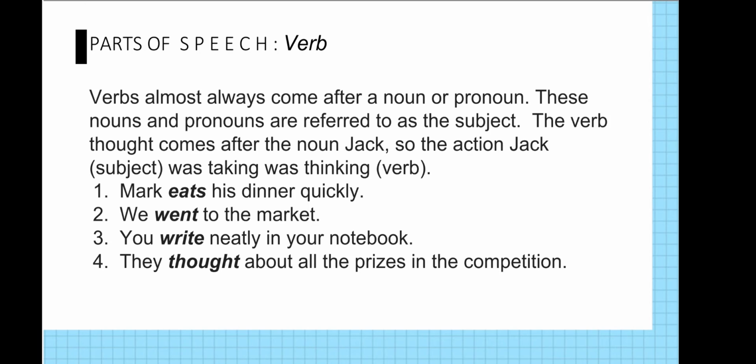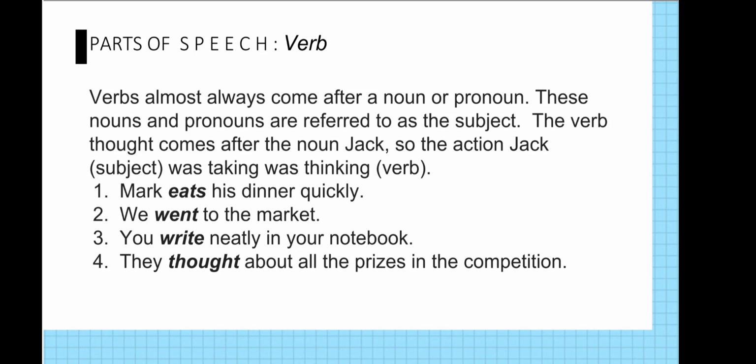But let us start with here. Verbs almost always come after a noun or pronoun. These nouns and pronouns are referred to as the subject. Remember, with your noun as a subject, usually it is the one doing the action word. So therefore, usually our verb is located after the subject. But not all the time. The verb thought comes after the noun Jack. So the action Jack as the subject was taking